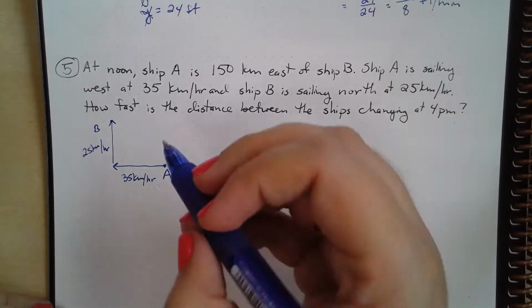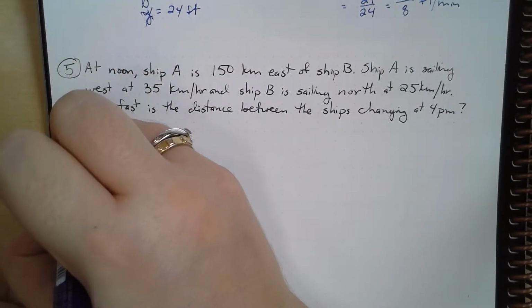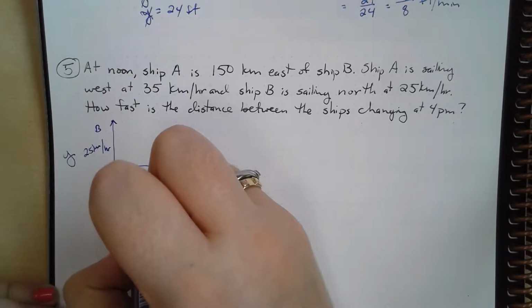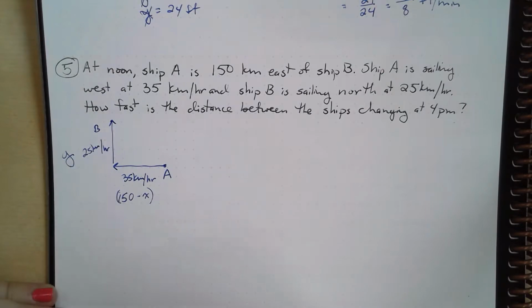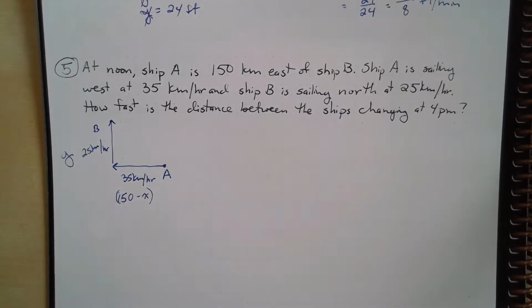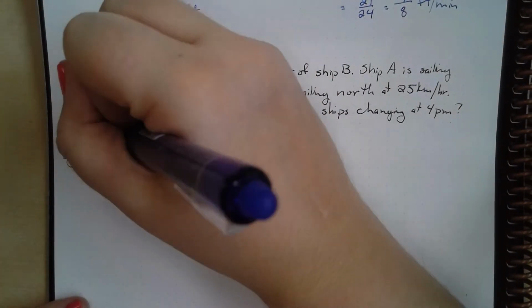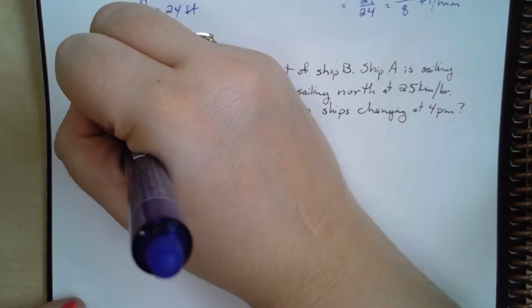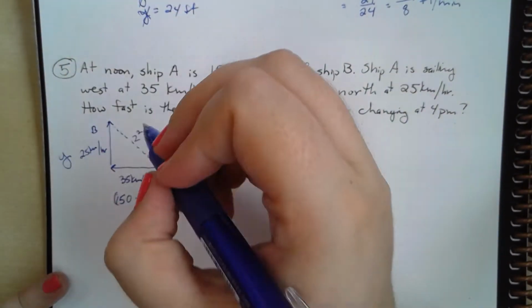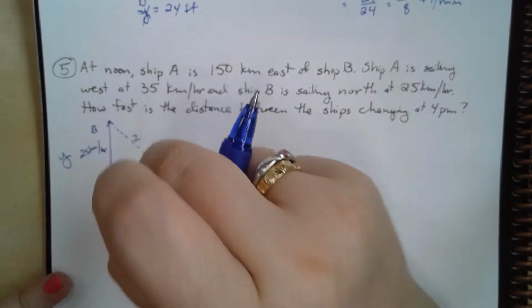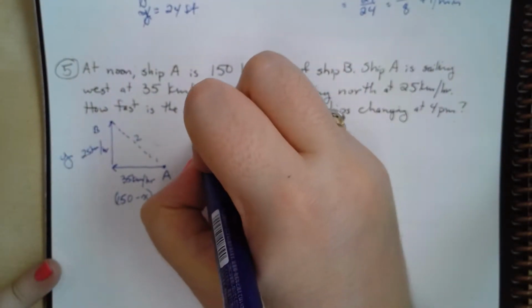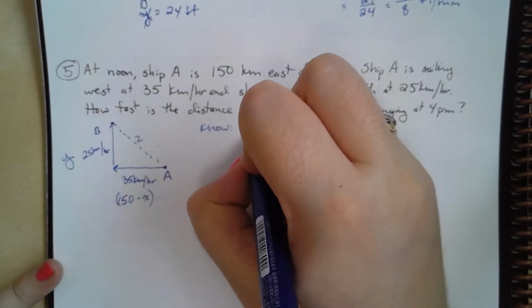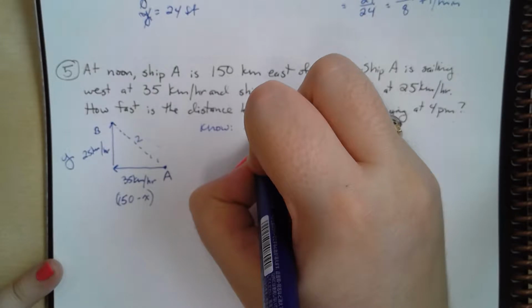Well, that means if ship B is on the y-axis, ship A is going to be 150 kilometers minus the x value, right? Okay, so this problem is a little bit more complicated, but we can definitely do it. We know that this value here is going to be z. But we also know, and we've written this before, that x squared plus y squared is equal to z squared,